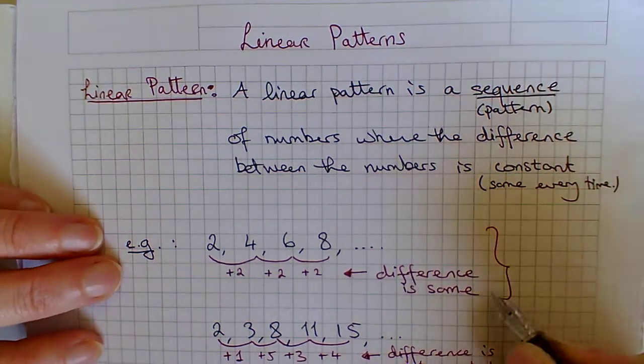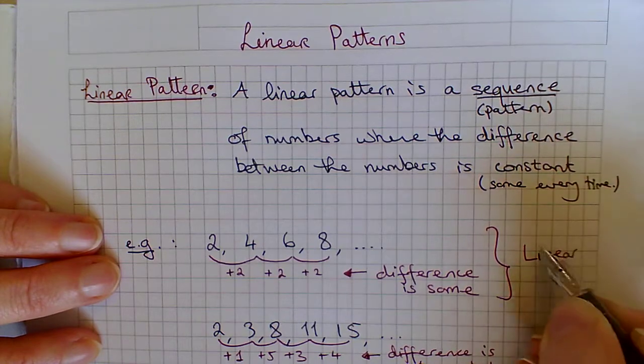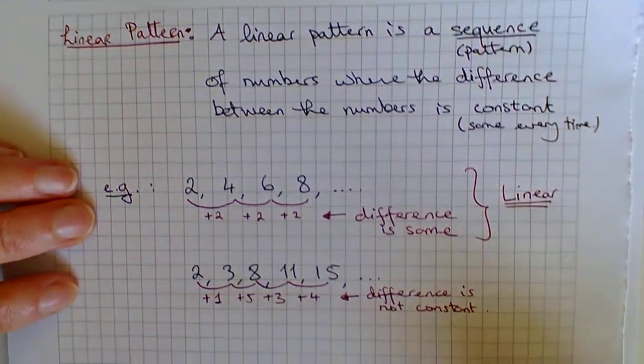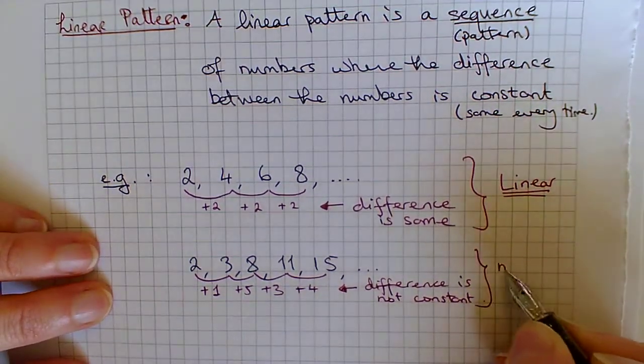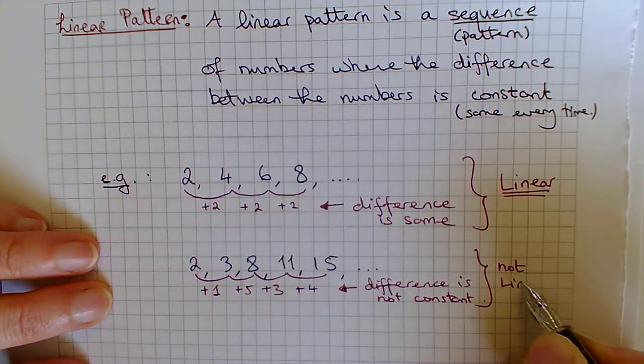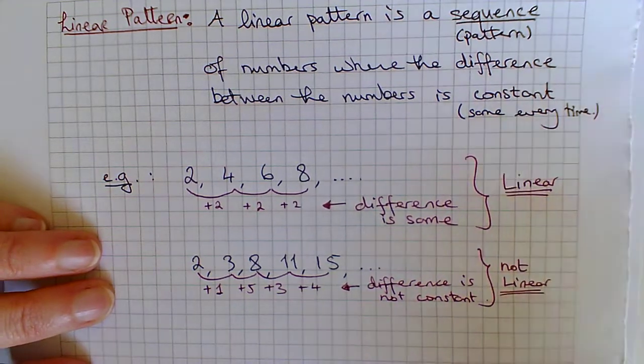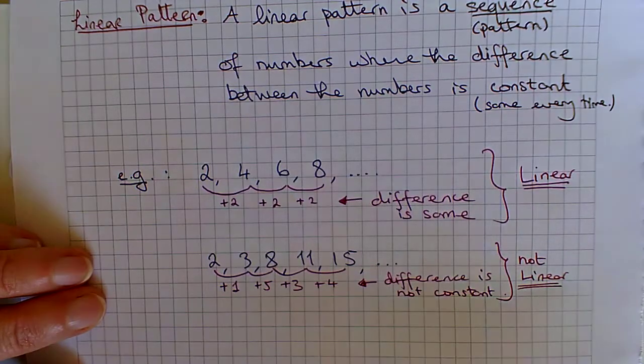Okay, so this one is linear. Linear meaning it will make a straight line when we draw a graph of it. And this one is not linear. When we talk about linear patterns,